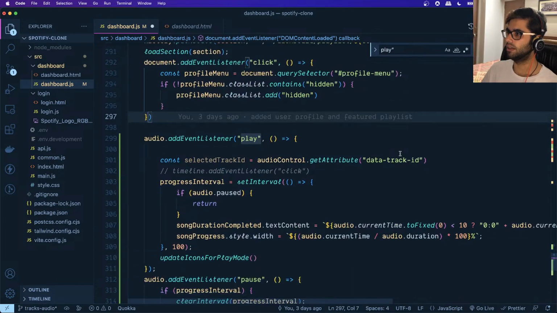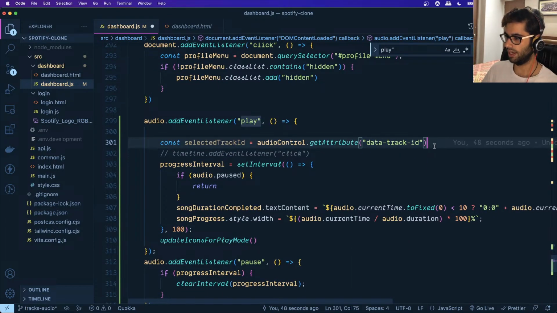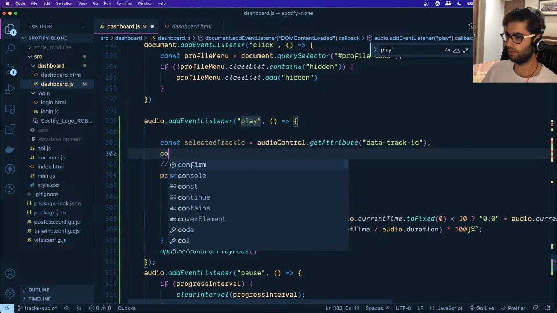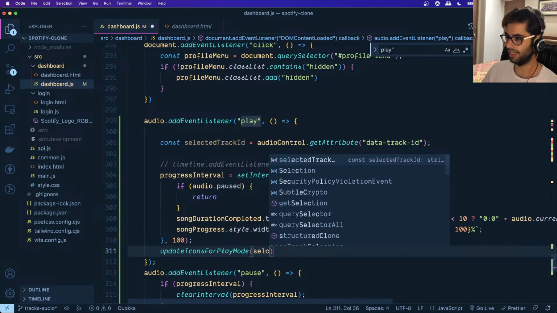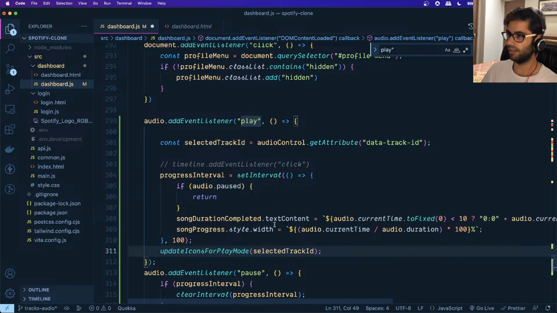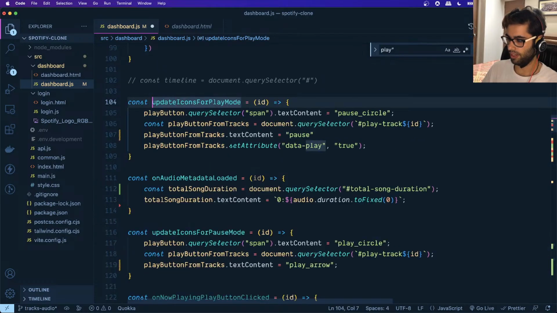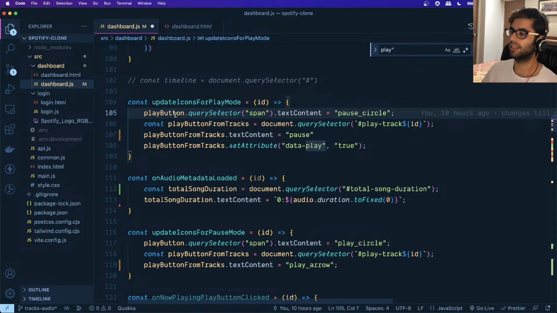All right, yeah, so once we have the attribute, we want to pass this selected id over here, selected track id. All right, and here what we want to do is we have this id, and we are getting the play button